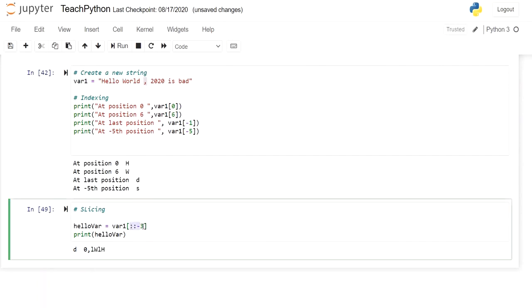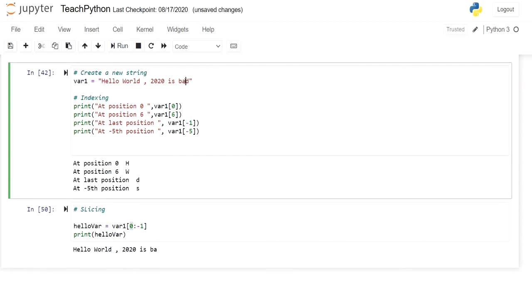Now let me try one more thing. If I write 0, 2, -1, what will happen? You can see what it is doing. It is starting from the 0th character and goes till -1. And I already told you that the end index means the last index minus 1. So the last index -1 is -2. So it will give me the output string starting from the 0th to -2, that is 0 to -1, -2, A. So this is the output we are getting here.